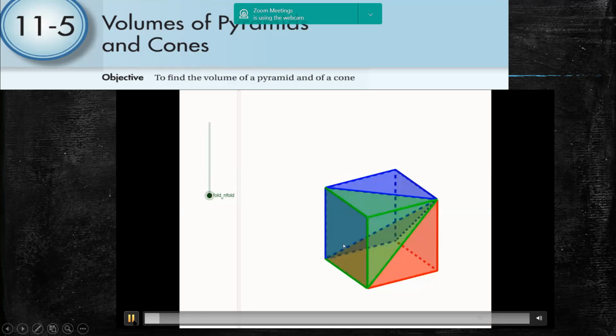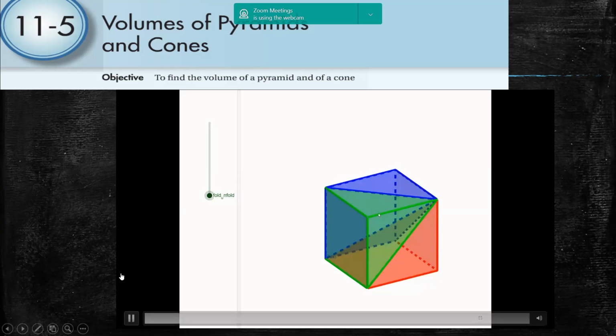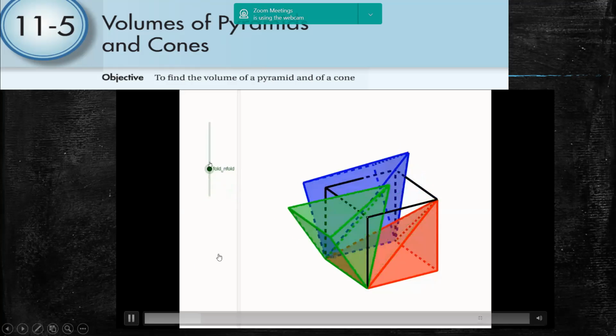Now look at this figure here. We have a cube, and this cube contains 3 pyramids. Now, look here, this cube is filled. If you want to unfold this,